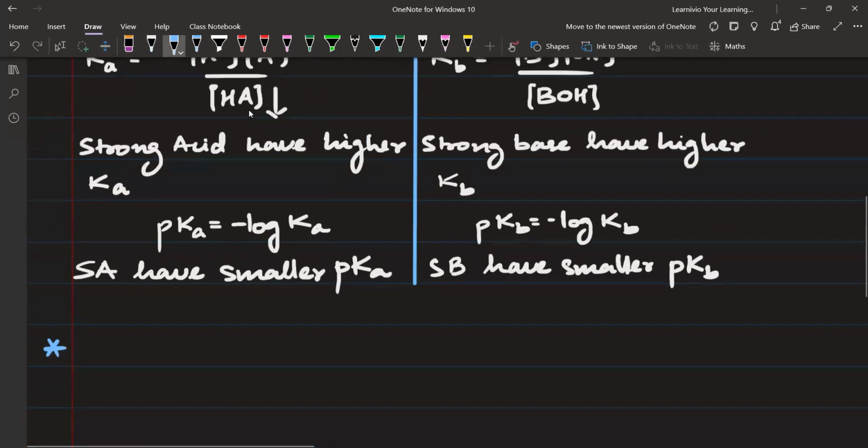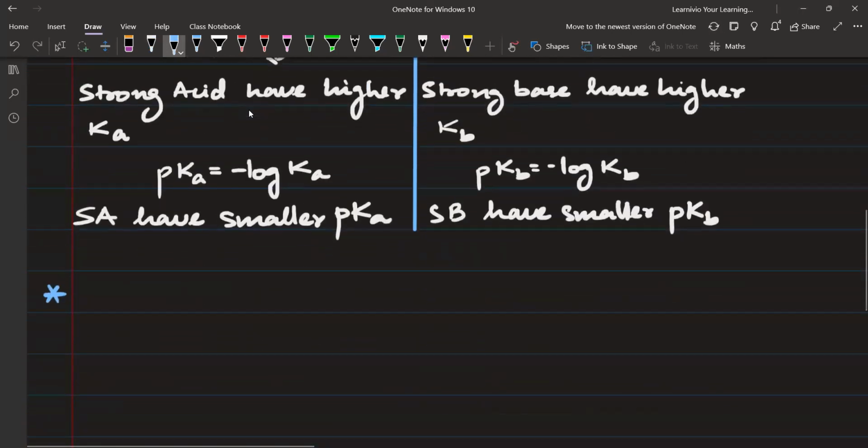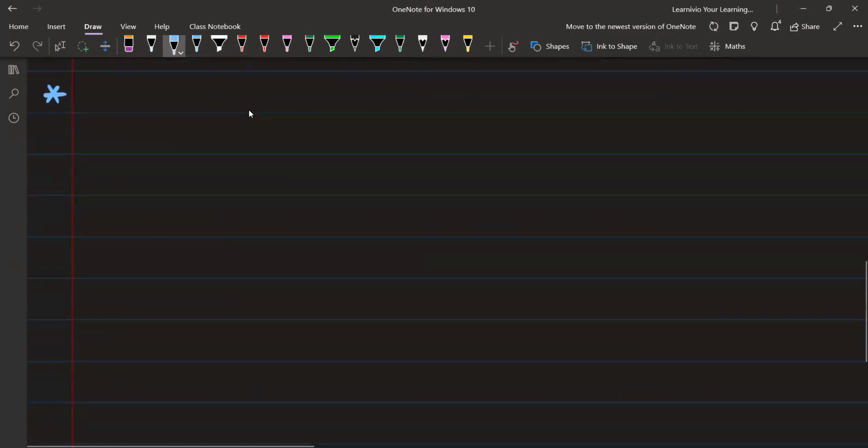Next point is, see, this is for all the acids and bases. Now we know that acids and bases are of two types, strong and weak. What will happen in weak acid and base? Please write. Since weak acid and base